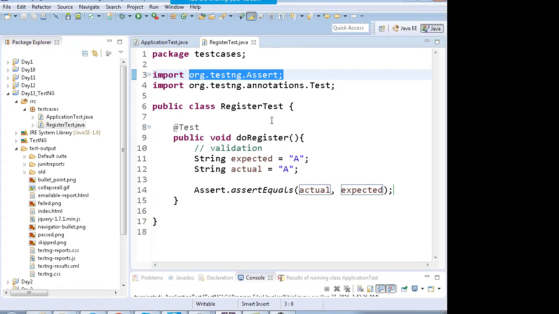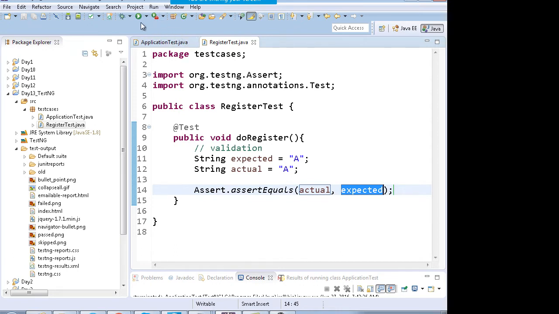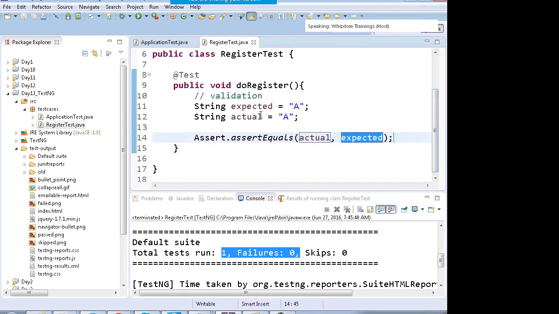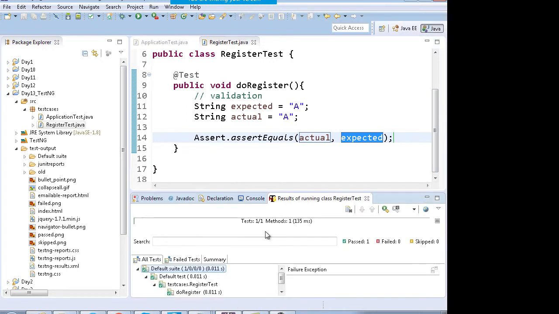In assertion you have to give the actual and the expected value, the actual value first and expected value after that. So if I run this, the test will pass. Total tests run, failures are 0, because expected and actual both are matching. In the results also it is passing.